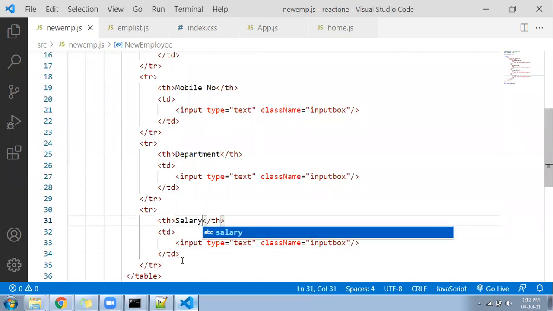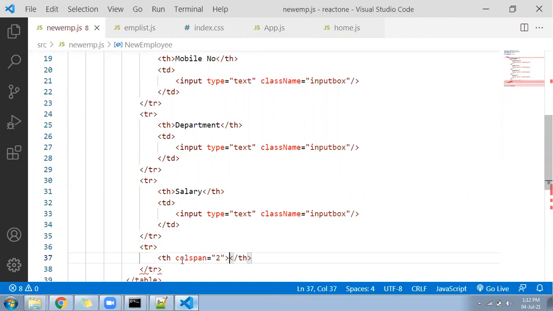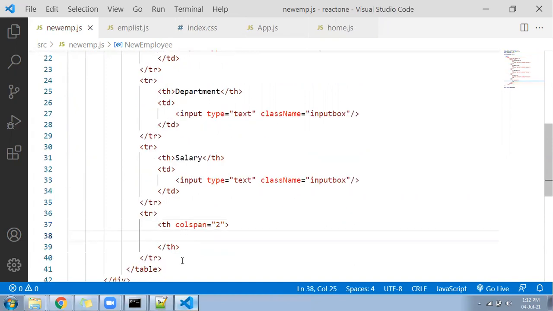And we require one button also. Here with a th, colspan equal to 2. Come inside, write a button, call it save employee. And guys, for the button also I have written one CSS. I'll show you.